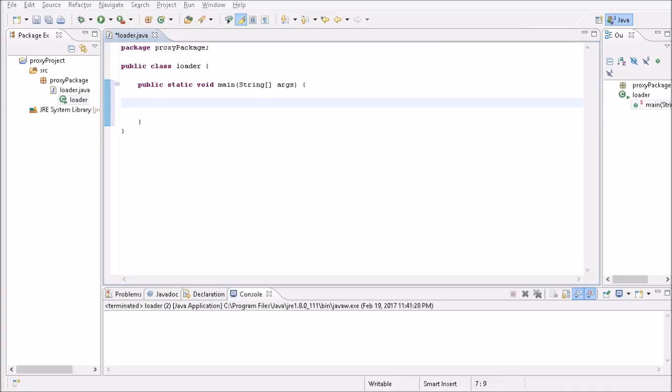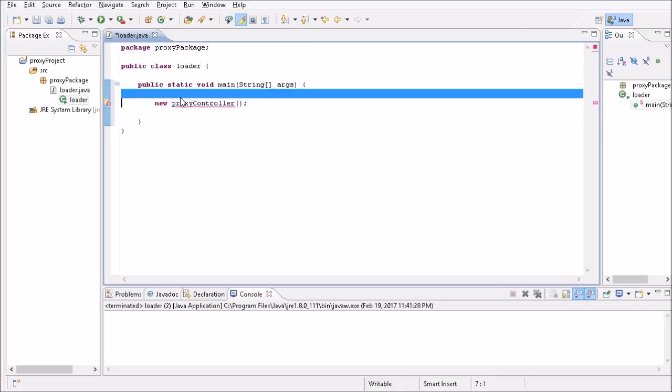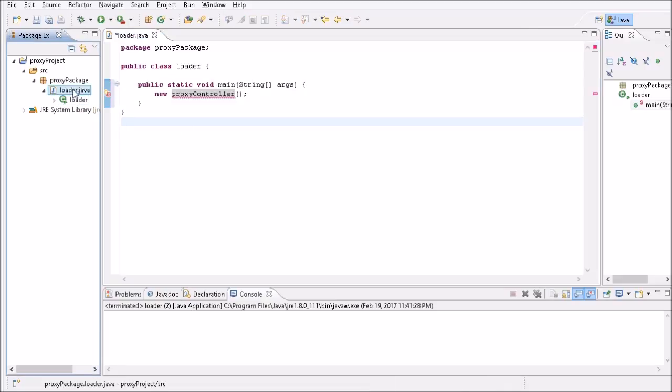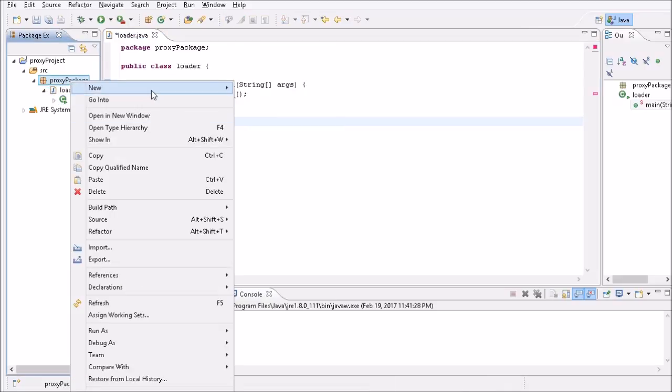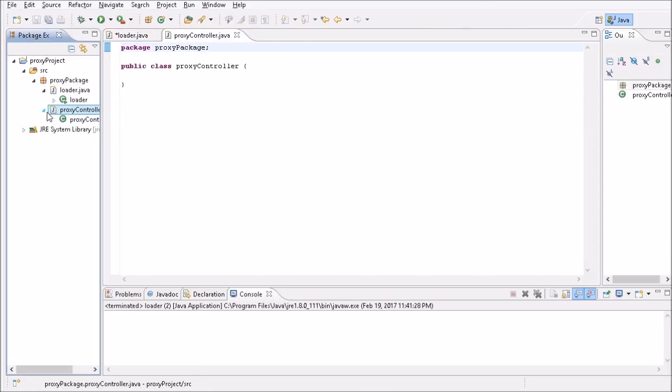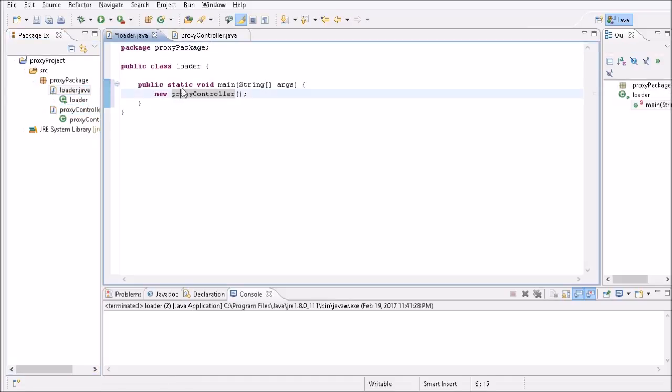Inside my public static void main, I like to create the entry point for my programming, which I'm going to call proxy controller. Currently, that's not going to mean anything because I don't have a proxy controller class file yet. So I'll create my proxy controller class file here. Eclipse creates that, and you'll see